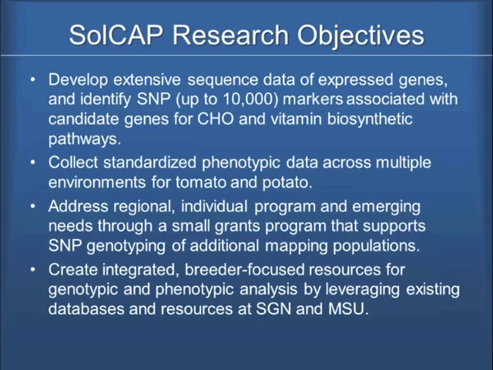As a potato breeder, I've got to be able to access that browser and use that information now that we have the genome sequence, and use that in our genetic analysis. With the phenotypic data and the SNP data available, as a breeder, how can I use that data? How is this going to help my breeding program